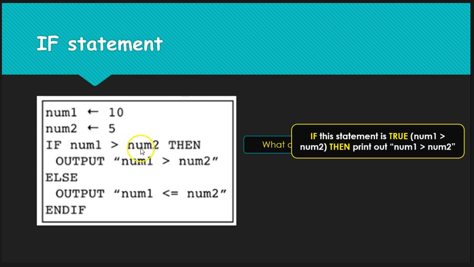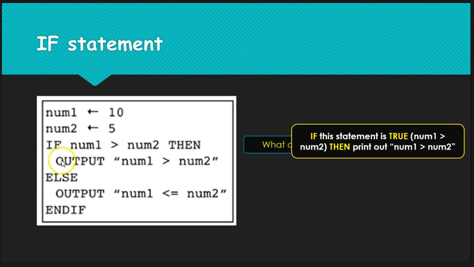So this line here, where the if statement actually starts, follows a set of rules. If this statement is true, like in the previous lessons when we looked at true and false statements and the various different conditions you would use to get true and false, this is how it works out. So if this statement is true, then it will print out the first output. If it's false, it will go to the next line.